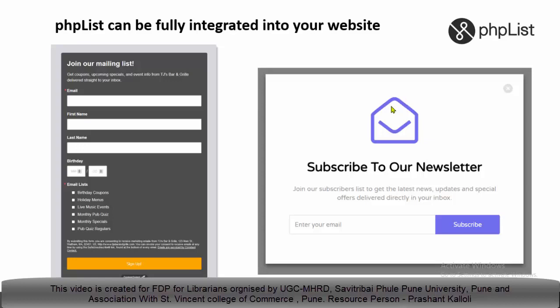It is very useful because users can easily identify this email service and easily join this type of mailing list. And one more advantage is that because we are putting such a tool on the website, users can remotely join your library's mailing list and subscribe to the library services.